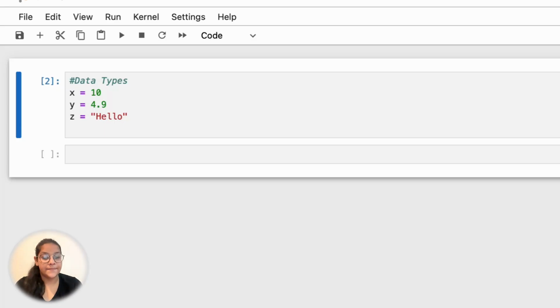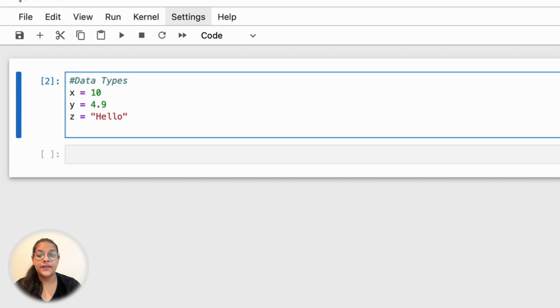What are data types? Think of them as labels which Python uses to handle the given data. For example, here x equals 10 and the text "hello" are taken as two different data types. In Python, we take numbers as one data type and text as a different data type. And we don't have to tell Python which data type we are using here. It knows on its own, and this is called dynamic typing.